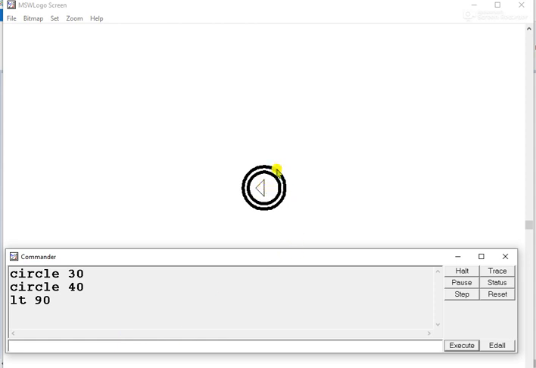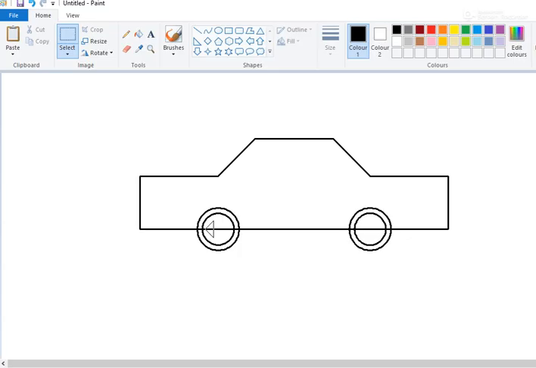Pen means the lines or the circles that you are drawing using your turtle. So your turtle is acting like a pen here. Now I'll write FD 150. So this is my horizontal line.